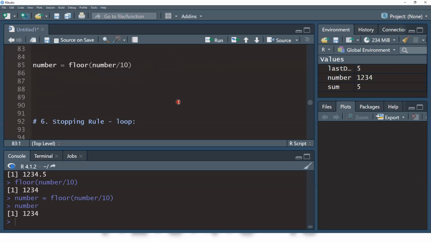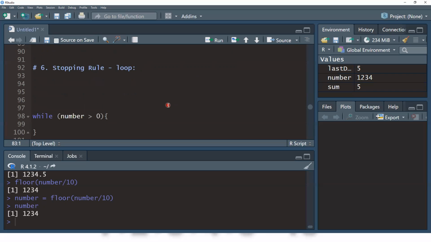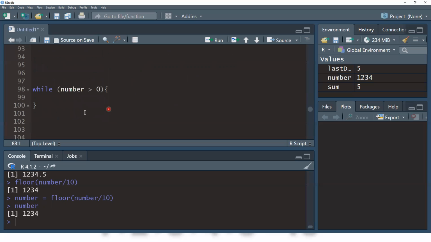So here, stopping rule, we can do a loop. Stopping rule is based on what? If the number is 0, we stop to collect anything. So here, that's the loop. There's a condition here, right?